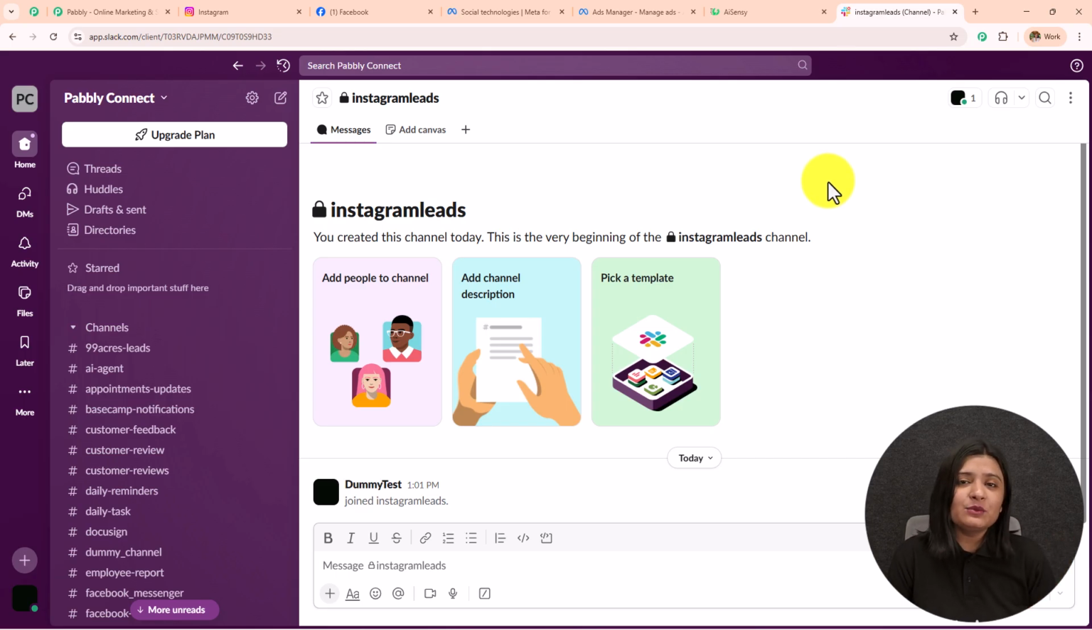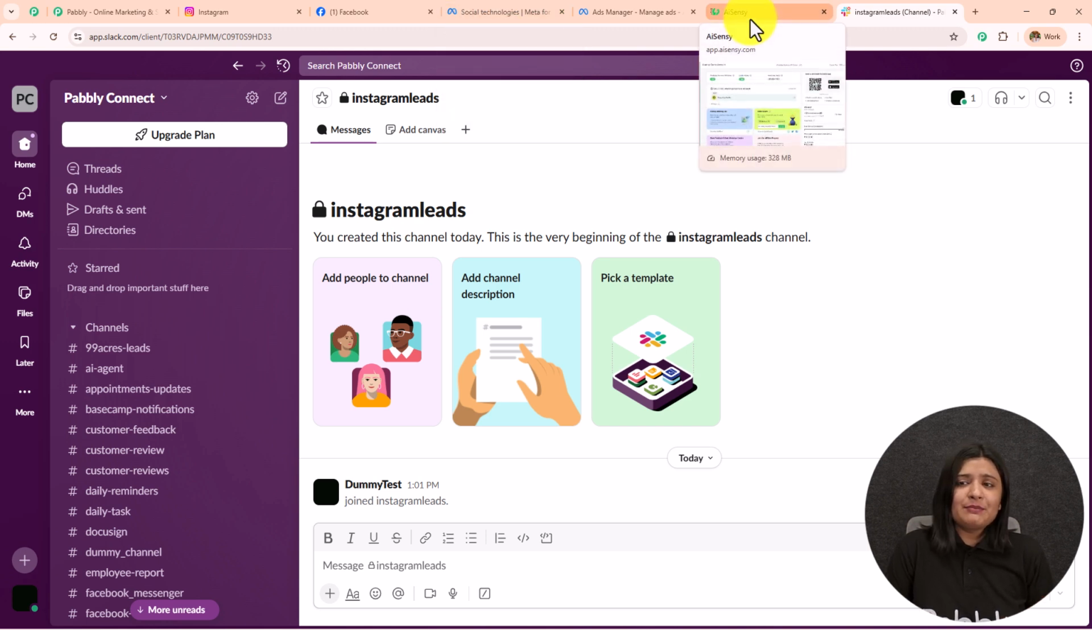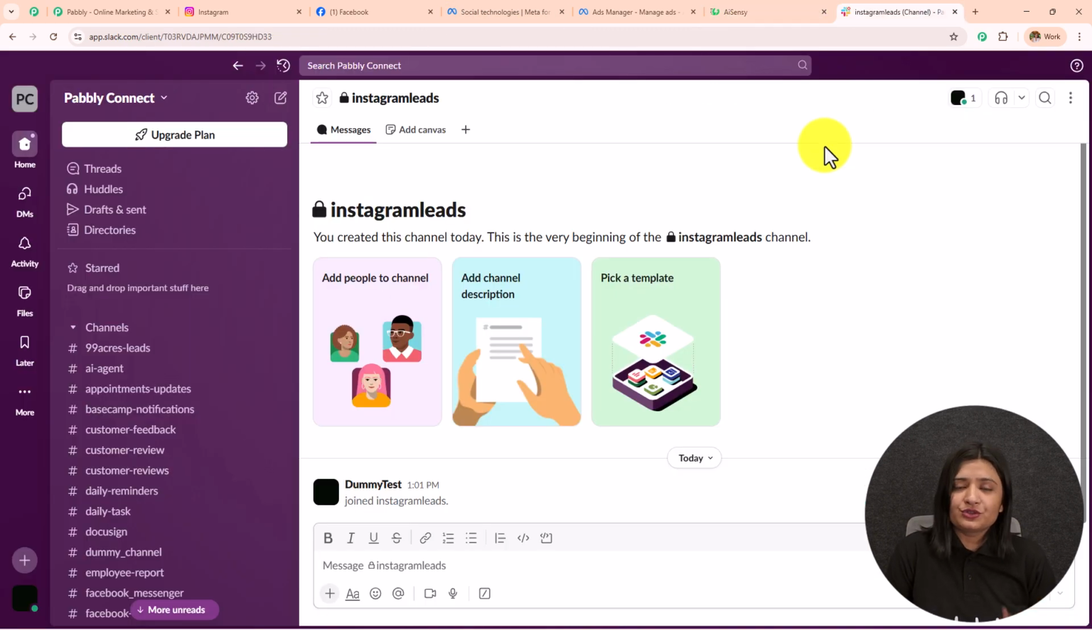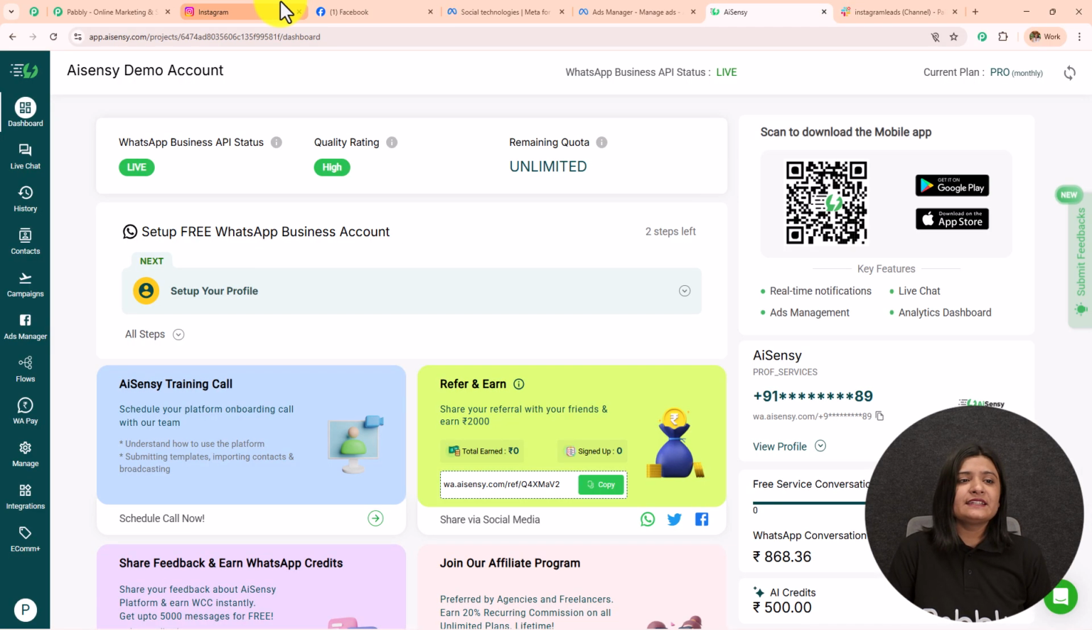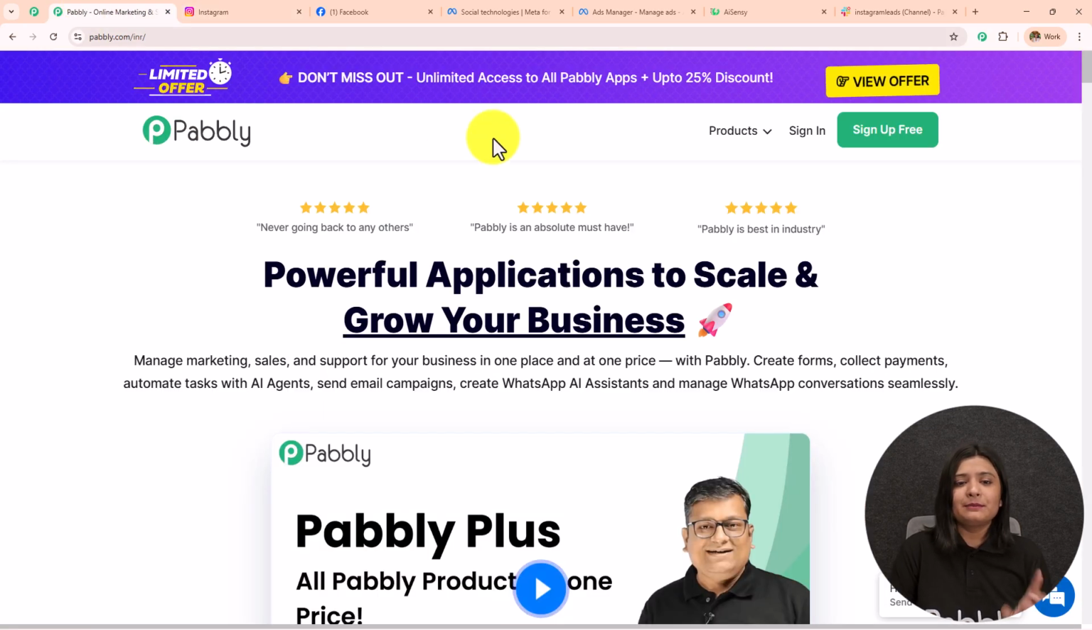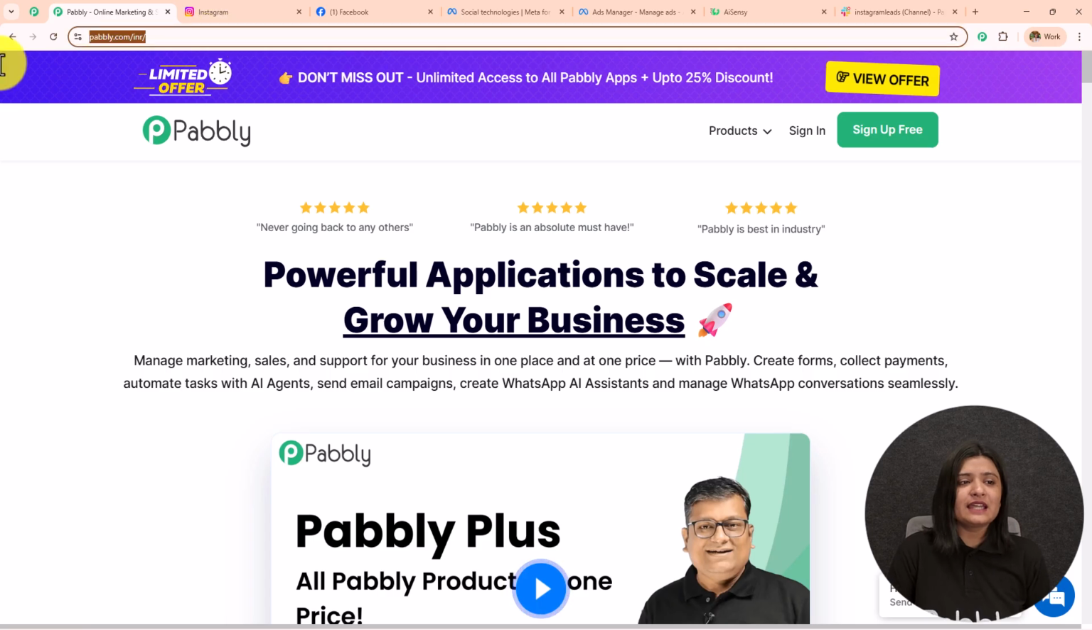Now doing this manually will consume a lot of my time, and that's why I'm completely going to automate this process such that whenever I receive a new lead, a WhatsApp message is sent to them and my team is also notified. For this, I'm going to create integration between these three applications: Slack, AI Sensei and Instagram lead ads using Pabbly Connect. So this is the landing page of Pabbly, and you can visit this simply by typing pabbly.com